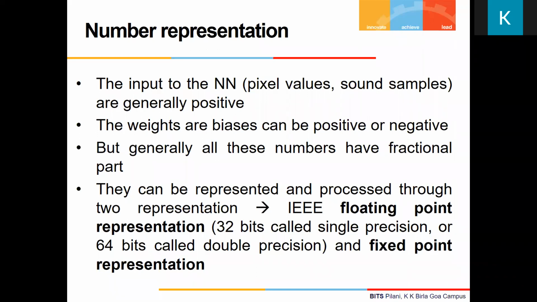Why that is the case, I mentioned before: sometimes the connections are inhibitive, and to represent that I will need negative weights. And biases, why bias is required, maybe you can read somewhere else. That is to give more flexibility to our neuron. That can also be positive or negative, so we cannot make any assumption about that. And in almost all cases, these will be numbers with some fractional part, some floating point part. Now, as I mentioned before, in software implementation you'll almost always see 32-bit or 64-bit floating point representation. Now in hardware also I can do it.